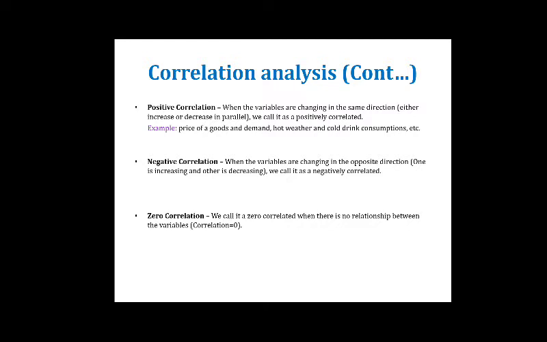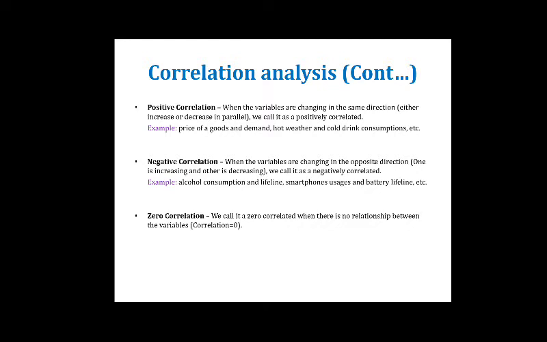Another type is negative correlation. When one variable is changing in a particular direction, the other is changing in the negative direction. Means when one is increasing, the other variable is decreasing. Means they are changing in opposite directions. So this relation is called negatively correlated. What can be the example? Yes, smartphone usage. As your smartphone usage is increasing, the battery life of that smartphone is decreasing simultaneously. So we can say that we have a negative correlation between these variables, right?